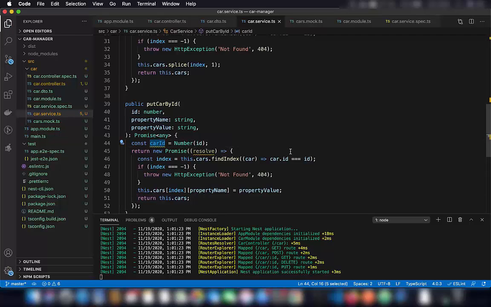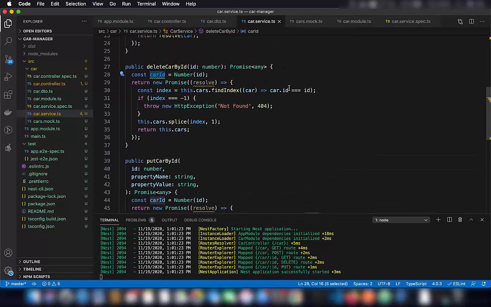And this carID now will come here, and this carID in delete car by ID will come here,